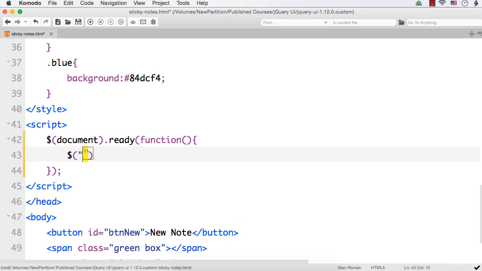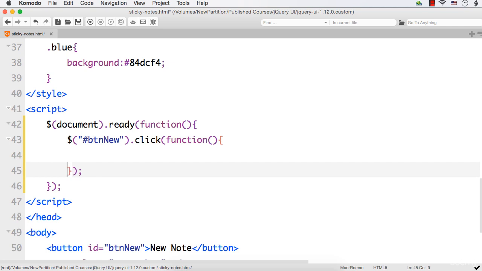So the $ ID of the button is btn new, so #btnnew. When this button is clicked, so on the click of this button we need to add it. So here we again have to write function, open and close parenthesis, open and close curly braces, and here we need to write the code. So what we are going to do is, let me create a variable called newnode,